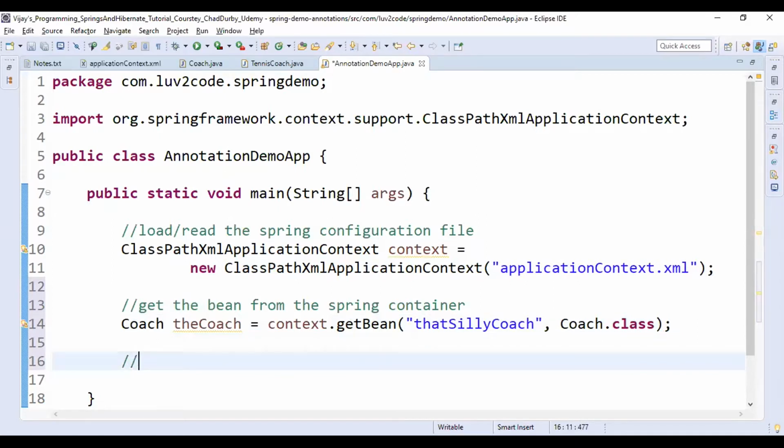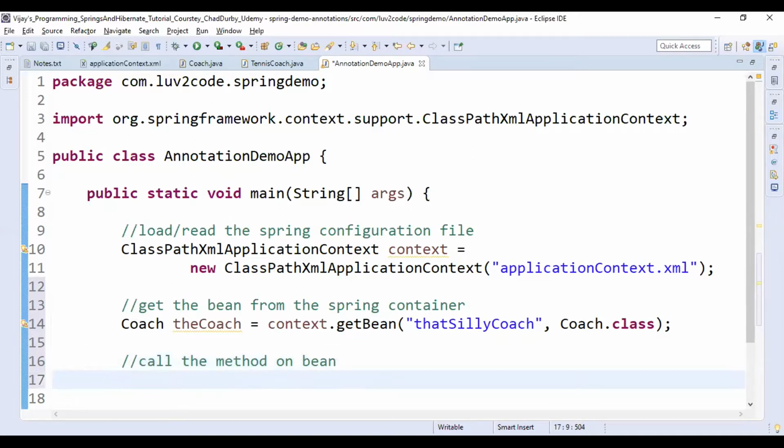What is the next task? That is to call the method on the bean that is available.